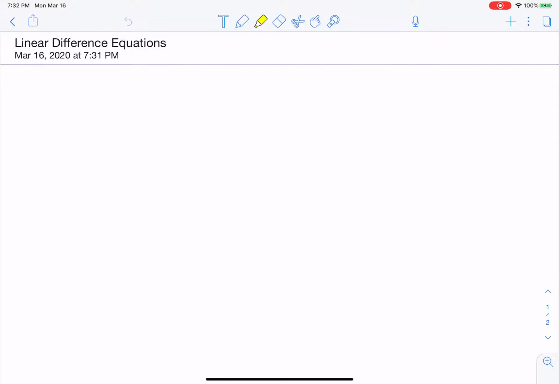Continuing estimation of autocorrelations of an AR2 model, we can make use of the concept of difference equations, very similar to differential equations, but we just deal with discrete series in this case. So if we recall,